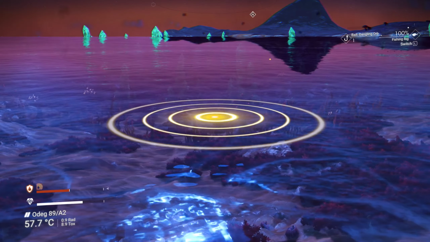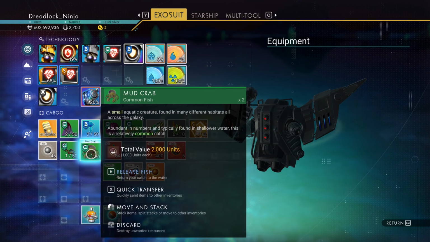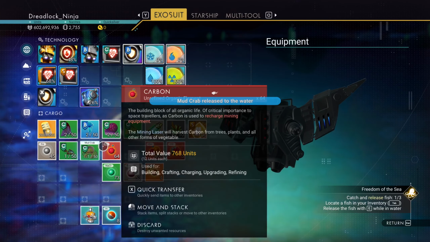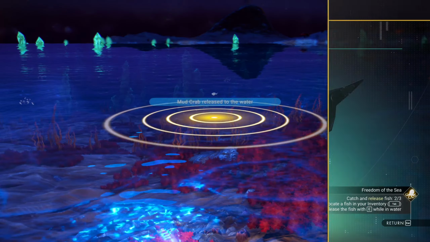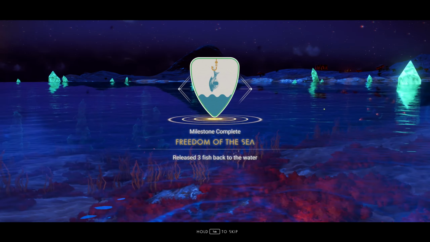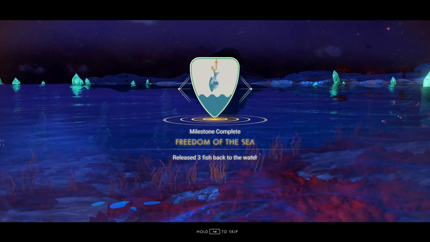You can release fish back into the water. You need to be in the water and then interact with them in your inventory. When you release fish back into the water, you receive nanites, and the rarer the fish, the more you get. Releasing 3 of them will earn you the plans for the exoskiff, which is a deployable static fishing platform that